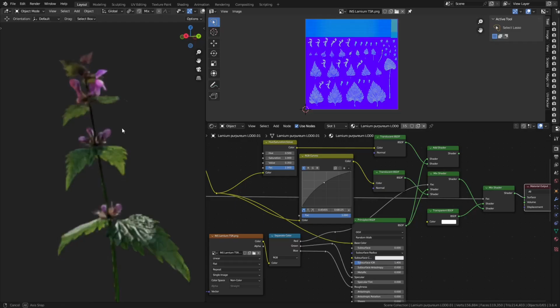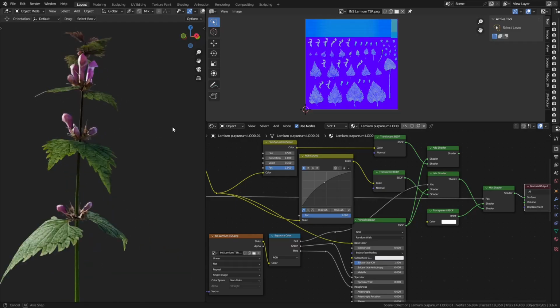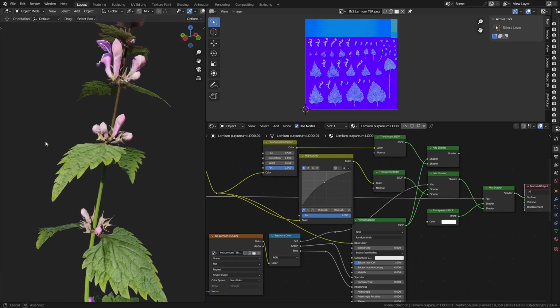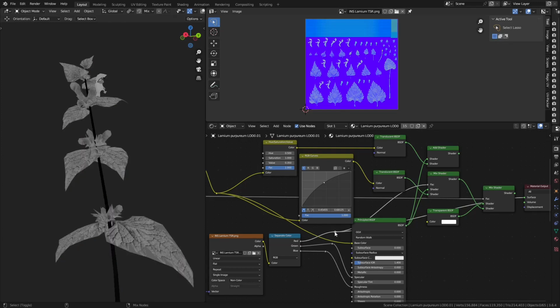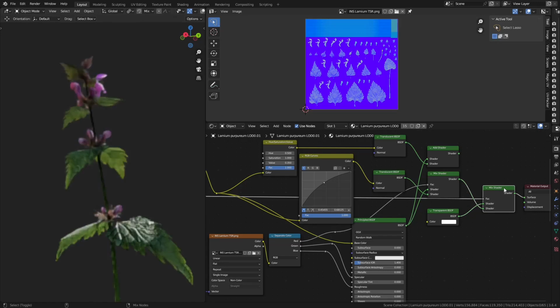You may also consider using wrong method when you work with a plant which different elements have different translucency intensity, like this Lamium purpureum from INSGrass. In this case translucent shader is incorporated through mix shader node, and I have factor connected with red channel of packed texture, in which red channel is a translucency mask. If I preview it, you can see that leaves veins are quite dark, opened flowers are brighter than the closed ones, and a stalk is almost black, what means that it will receive almost none of